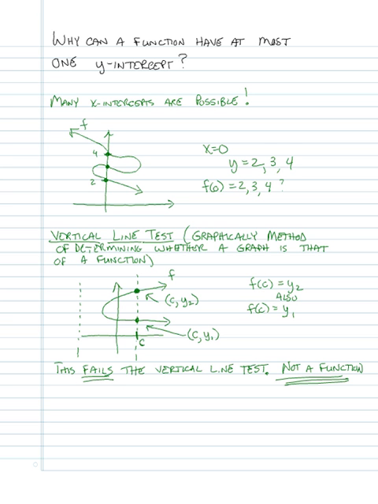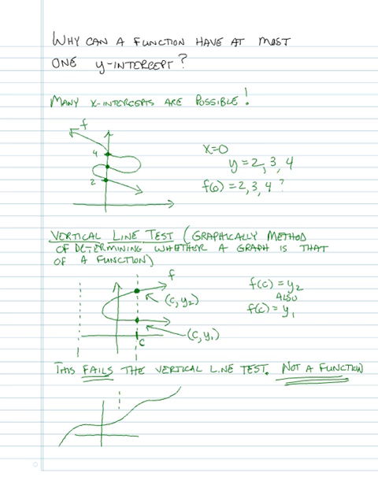So if it fails, that is, if there's at least one vertical line that crosses the graph more than one time, then we're looking at the graph of something that is not a function. On the other hand, if we look at a graph, say, that looks like this,